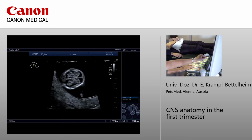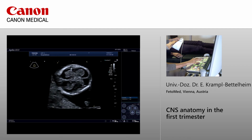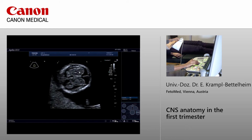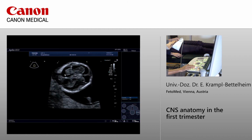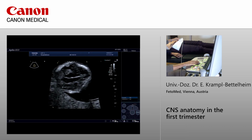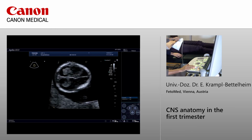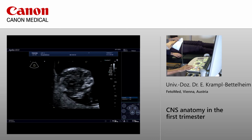Now, the axial views, where you would measure your biparietal diameter, and where you can see the cortex thin, smooth, just normal for this stage. The choroid plexus with fluid in the front and at the back. And if you then move further down, you would see the thalami, the third ventricle, and again further down,